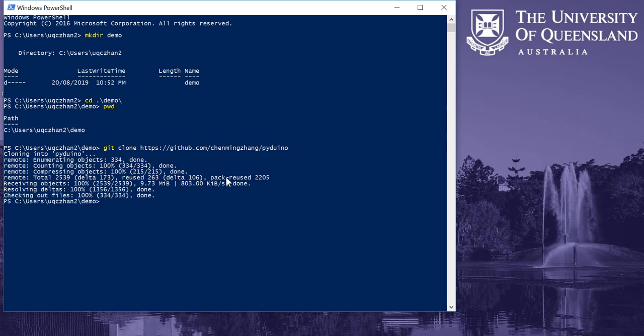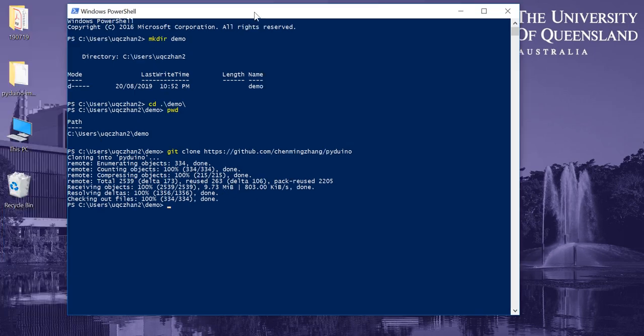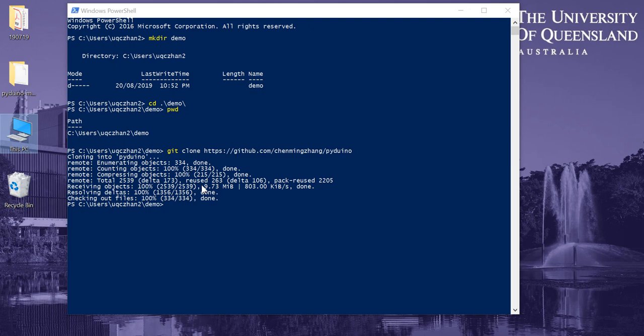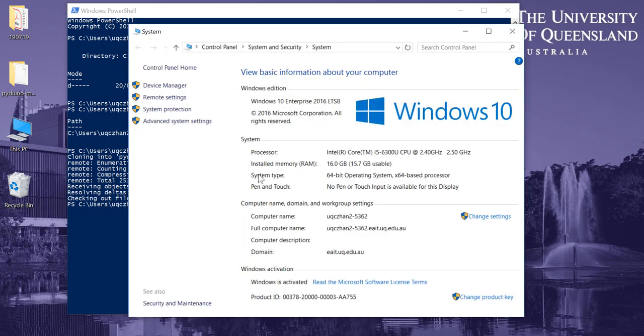After we have downloaded this, the next thing we need to do is let the Python environment know that there is a library called Pyduino available. You can't take this for granted; you need to let the system know. The way of doing this is to right click This PC, Properties, and then go to Change settings,